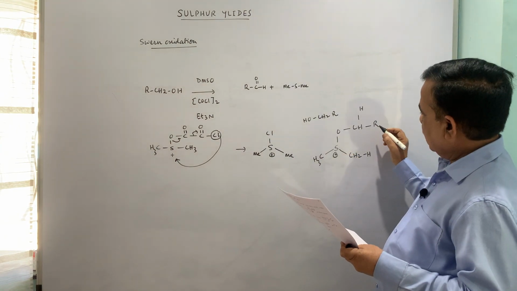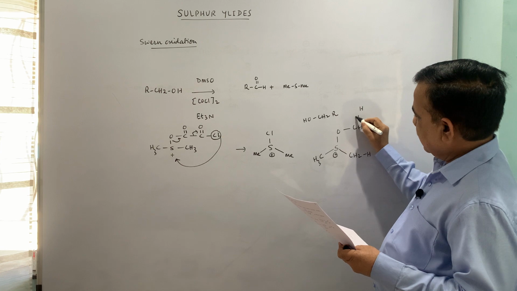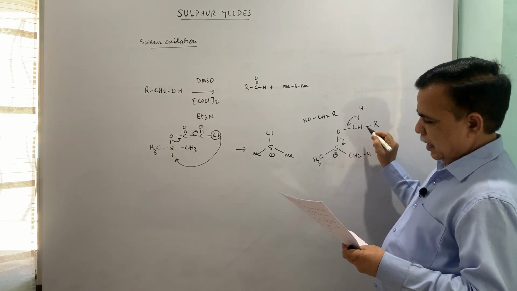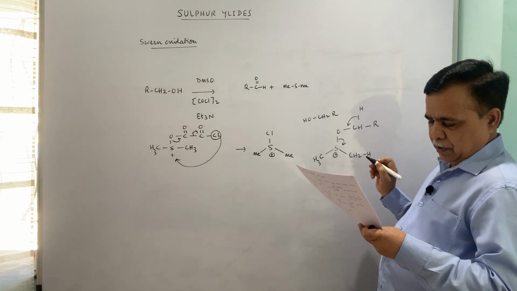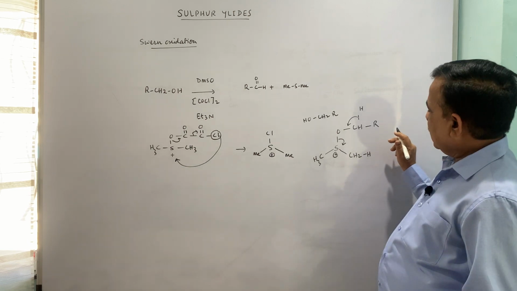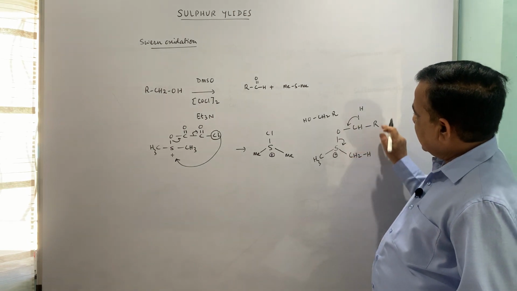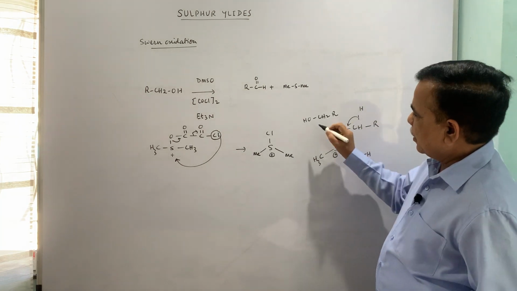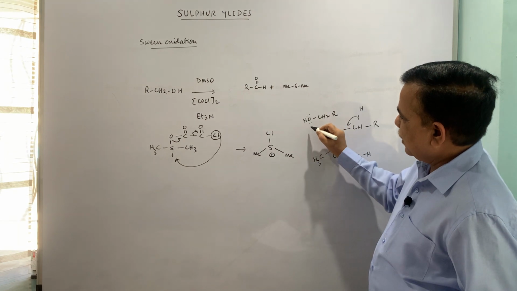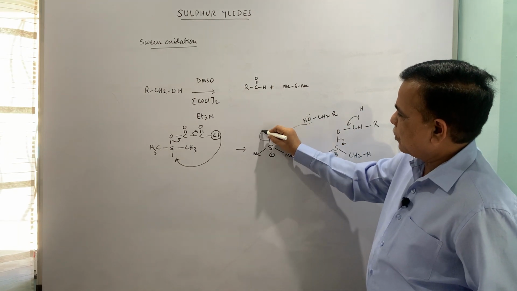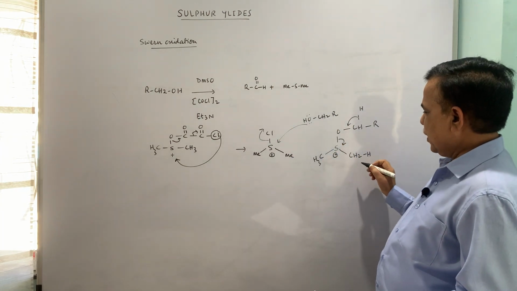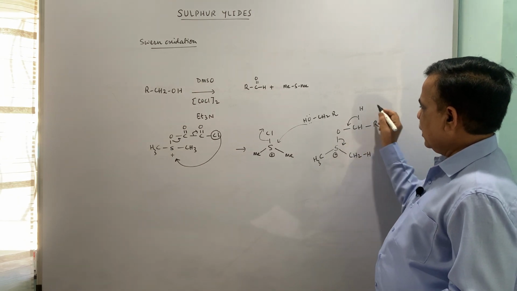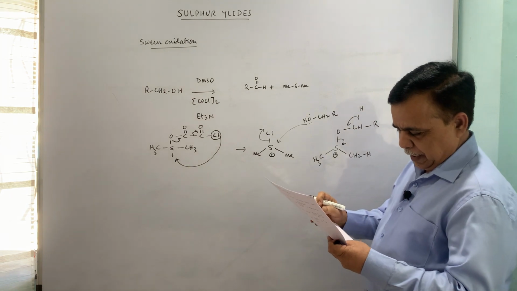The loss of proton from here can lead to the formation of aldehyde. This part becomes aldehyde, this part becomes dimethyl sulfide. So here you can show the intermediate if you want the attack. Here this goes up, so that is nucleophilic displacement. So here you will get dimethyl sulfide, the lower part, this becomes the aldehydic part.